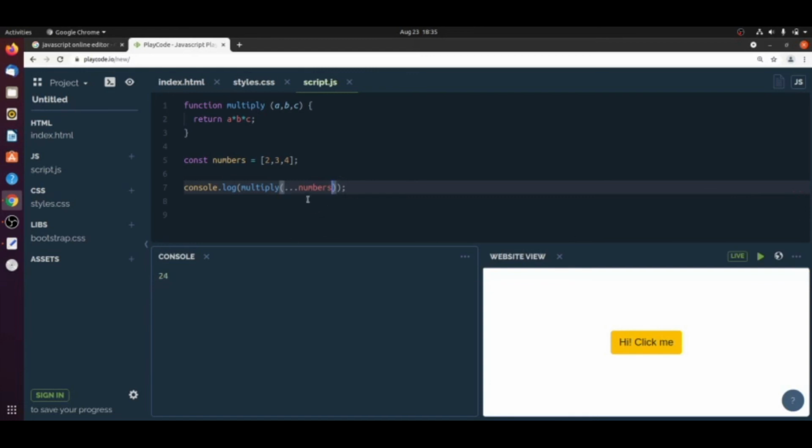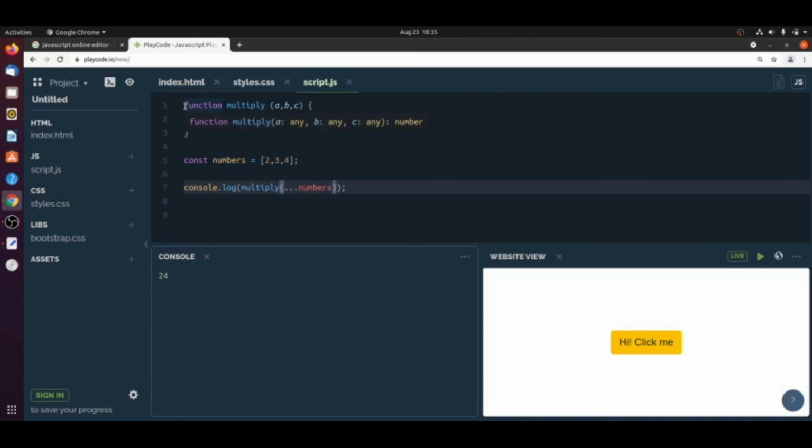So you no need to pass individual values as arguments to the multiply function. We can declare one array and use this spread syntax to pass those values. So now we see in how many ways this spread syntax is useful in advanced JavaScript.